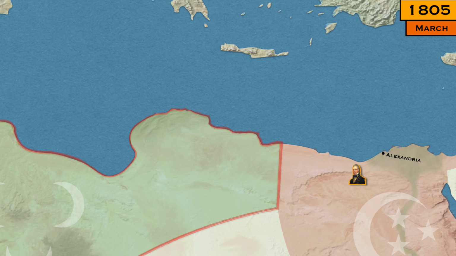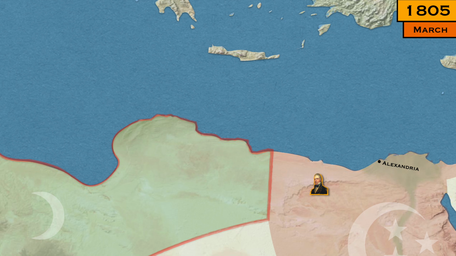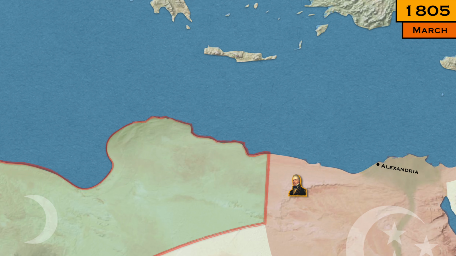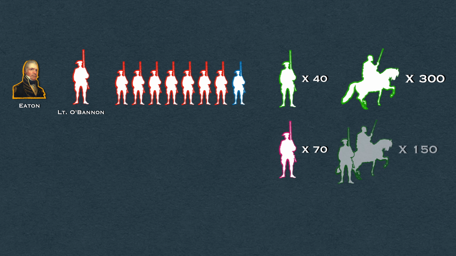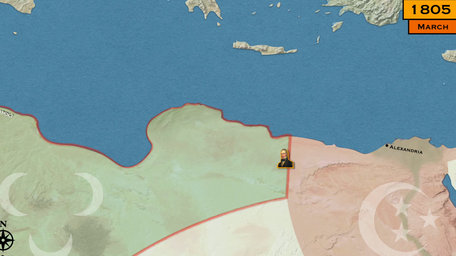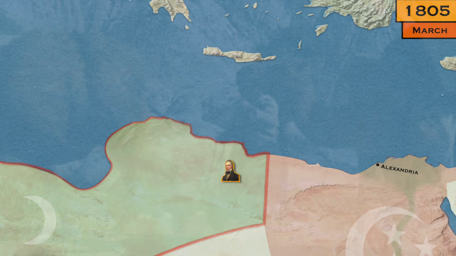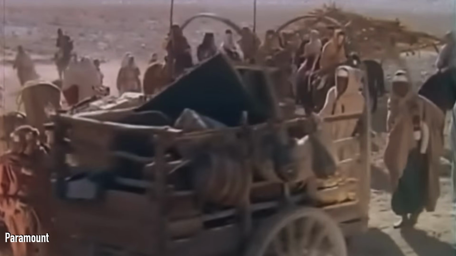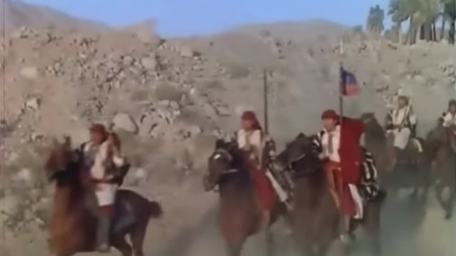For the next 2 weeks, the force slowly crossed the desert, barely surviving, until they encountered a Bedouin encampment on the 22nd, where they rested for 5 days and gained another 150 fighters, including 37 families to boot, further increasing the supply train for the group. Their struggles continued as they marched westward, with tensions flaring over a lack of pay, lack of food and water, and sectarian divides between Christians and Muslims. The two faiths often did not respect one another despite their shared goal.